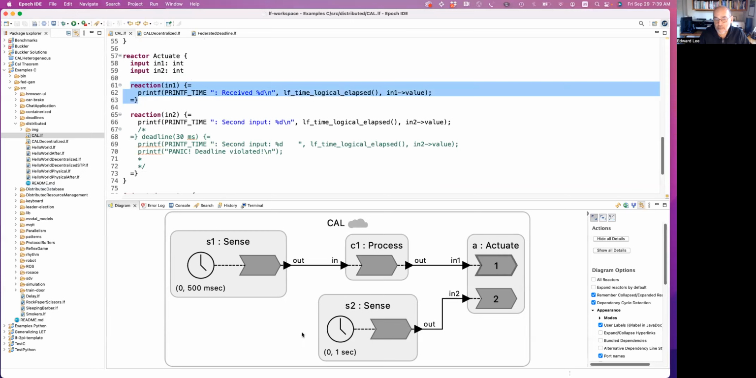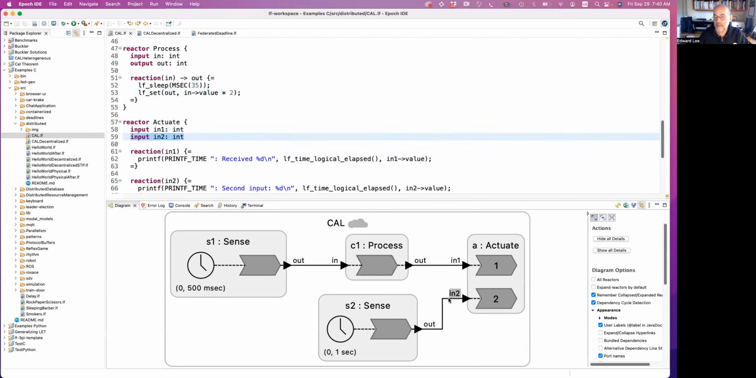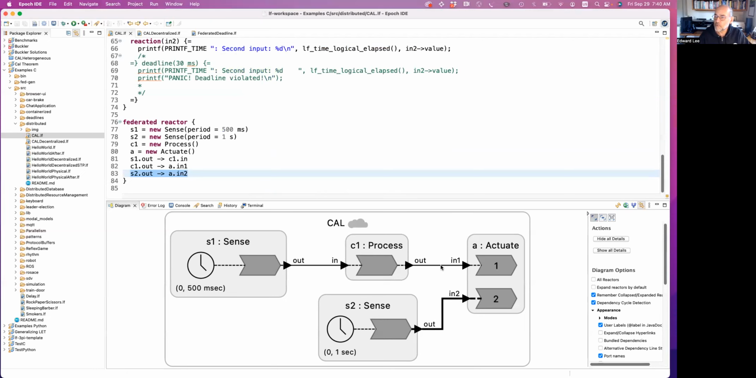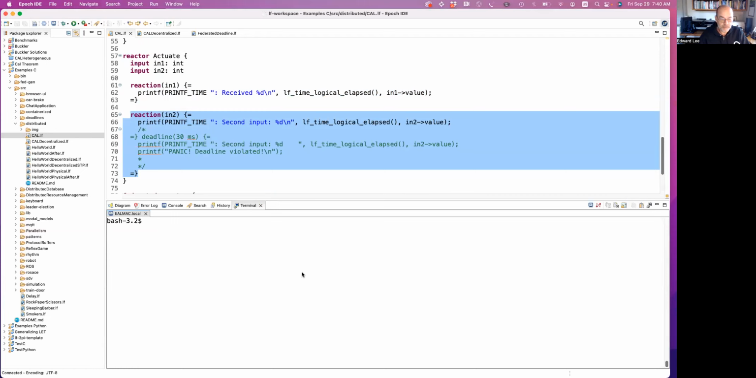Consequently, the overall distributed program is deterministic in the same sense that a single-threaded imperative program running on a single machine is deterministic. The outputs that we see should be independent of the physical time that it takes to do this processing. In particular, there's no race condition on when these inputs arrive at the actuator. They will always be processed in timestamp order. And when they have identical timestamps, this reaction will be invoked before this one, regardless of what is happening in physical time. So if we compile this program,